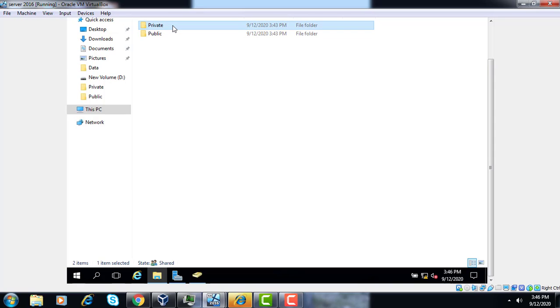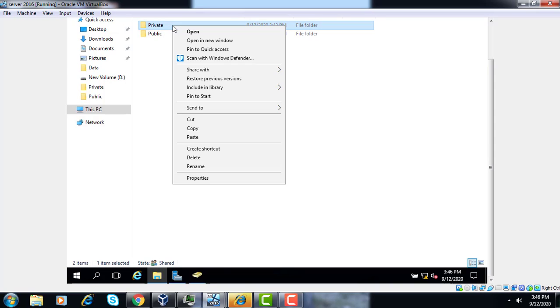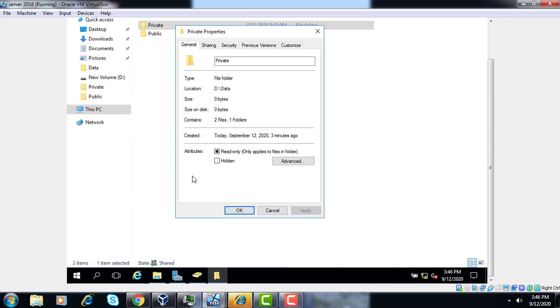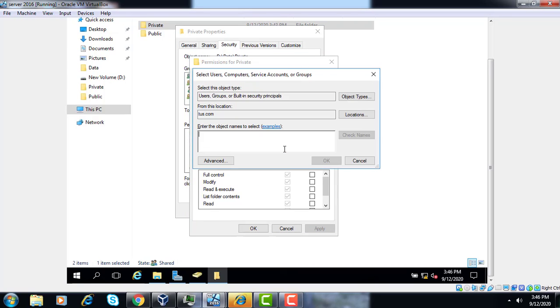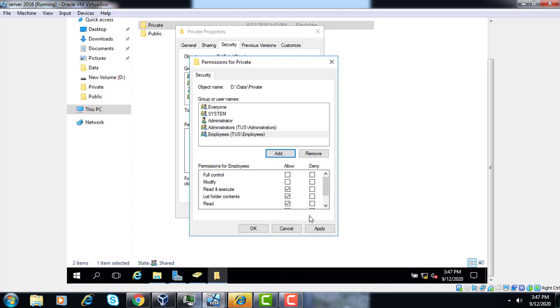Another thing: go to Private. In Private, go to Security. There are 4 groups. We can add another group, suppose Employees. The Employees group has now been added.